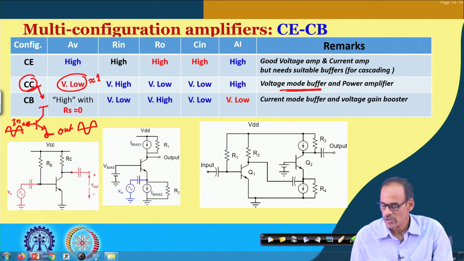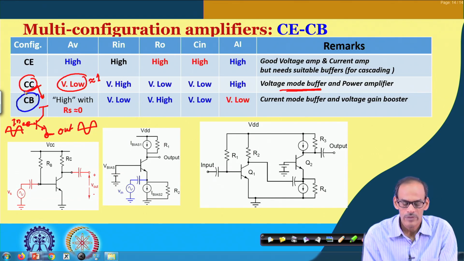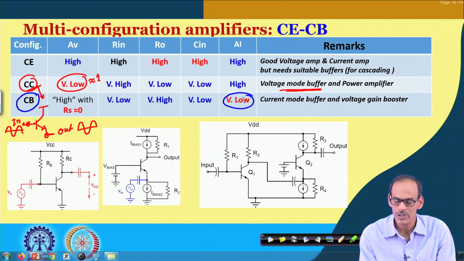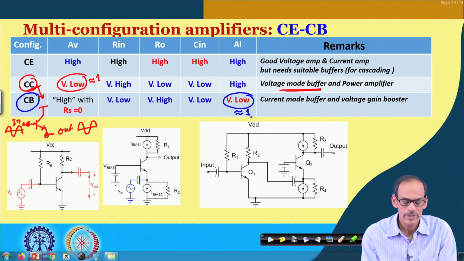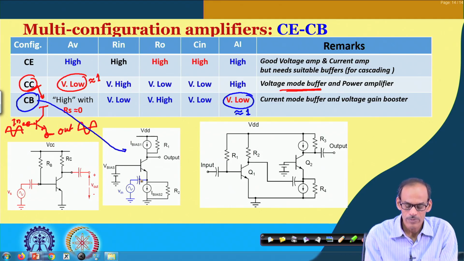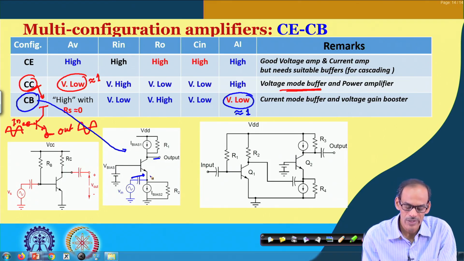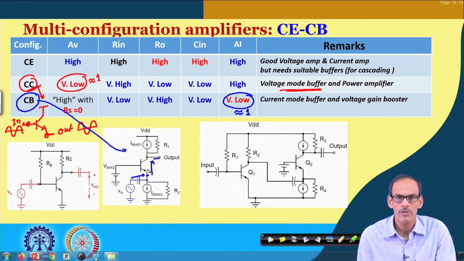So, likewise, when we talk about the common base configuration, there the current gain is approximately 1. So, whatever input current we give to the CB stage here, almost the same current we get at the output. The other name of the CB circuit is current conveyor. It conveys the current from the emitter node to the collector node with almost the same magnitude,